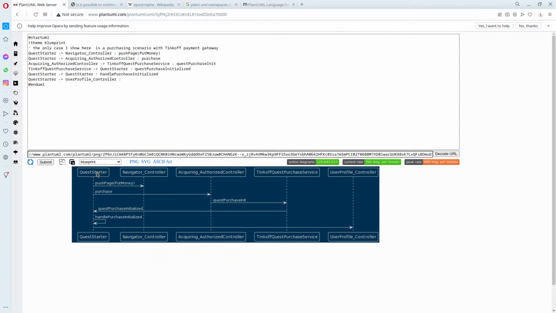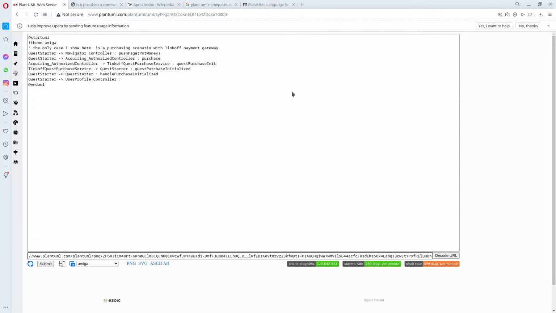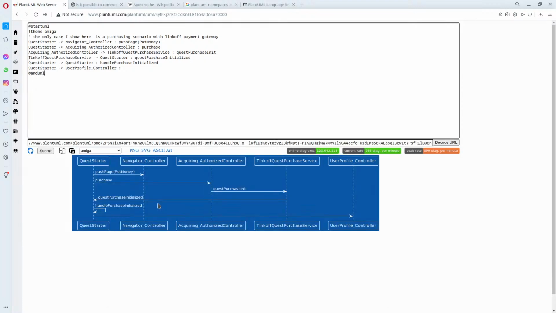Okay. Extract window. Okay, so what if I close? Okay, so I'm just playing with this PlantUML,